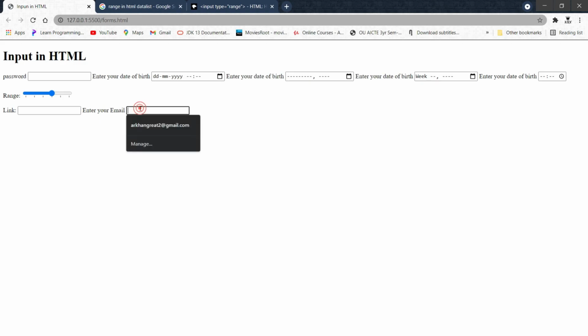You can see it will also require us to add something.com. If we just type something random and hit enter, it will not let us move ahead. We need to add something at example.com, or any valid email, in order to go through.